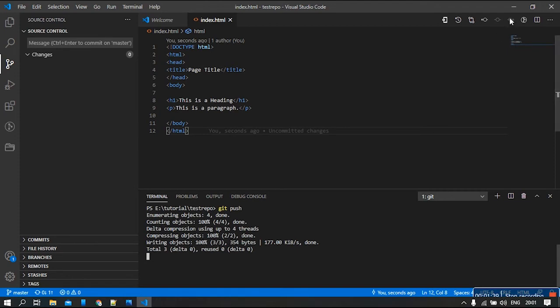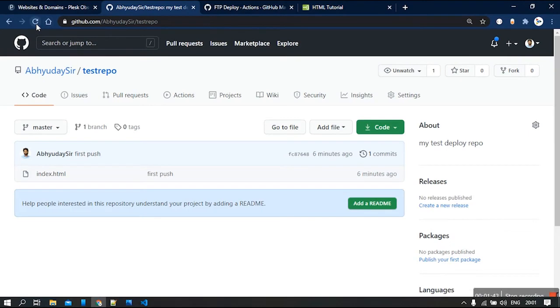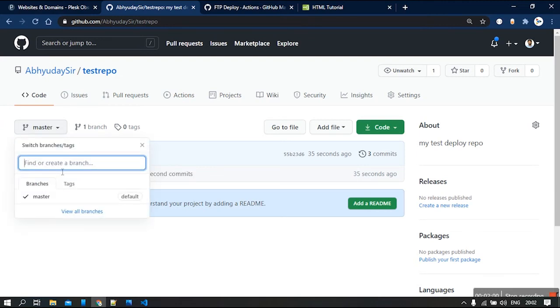There you go. And once this operation is complete, I can hop again to my GitHub repository page on GitHub, and I can click on refresh, and I'll see the index.html second commits. This is the commit message that we had for our very recent commit. Now with this I'm going to create a new branch. The branch name will be dev as we had in our plan, and since it is created from master, we'll have the same code as master in our dev branch also.